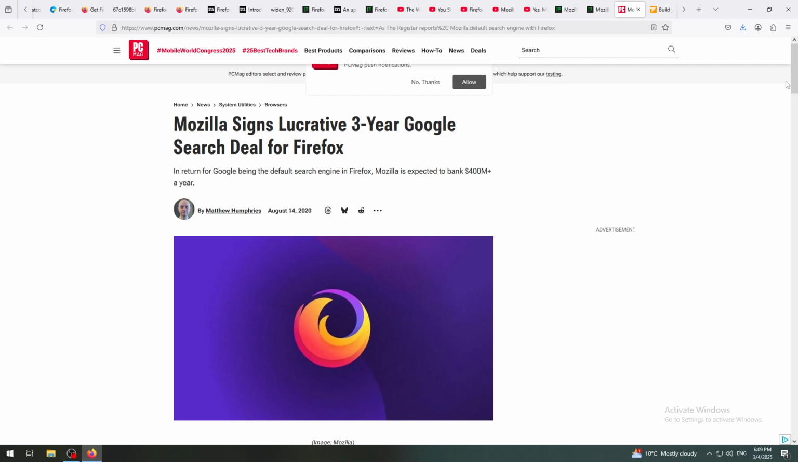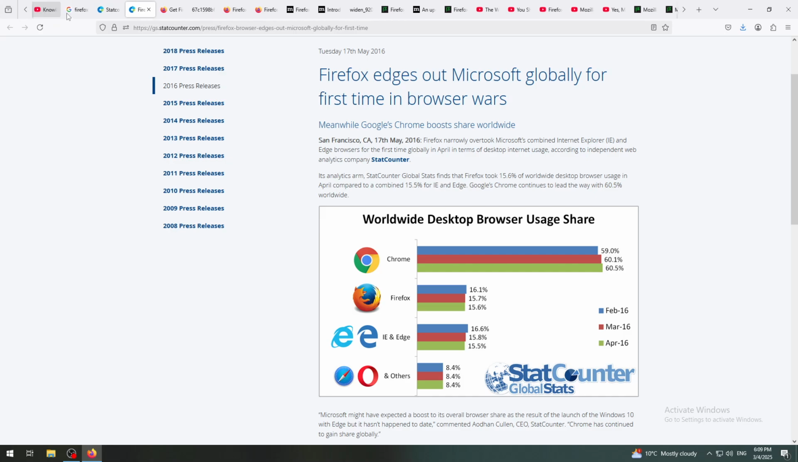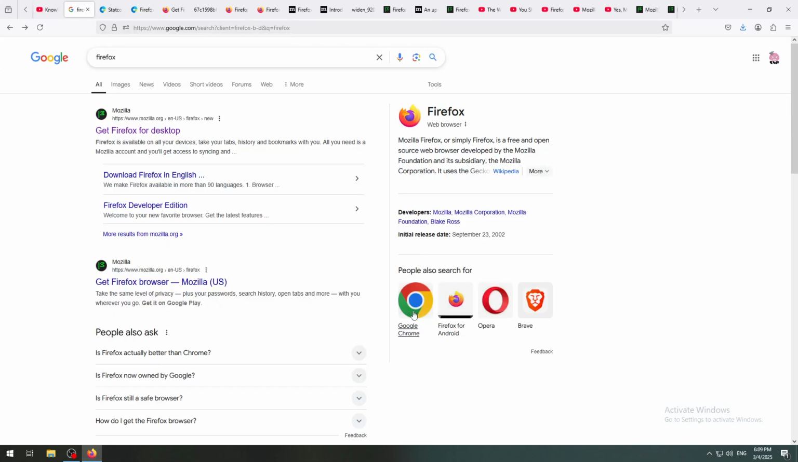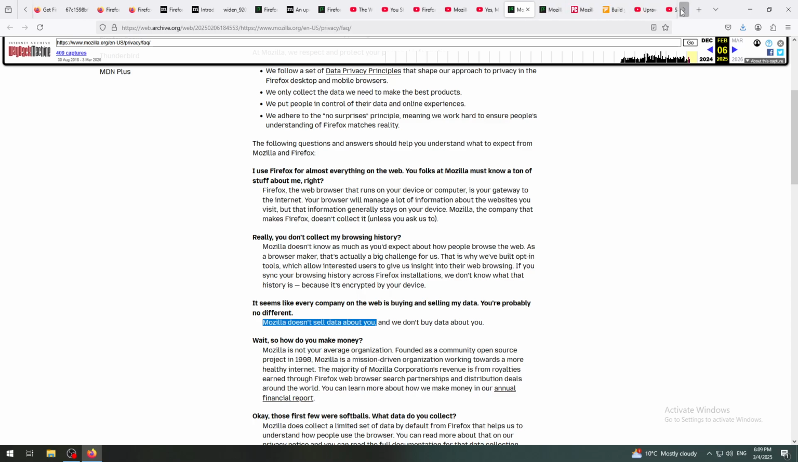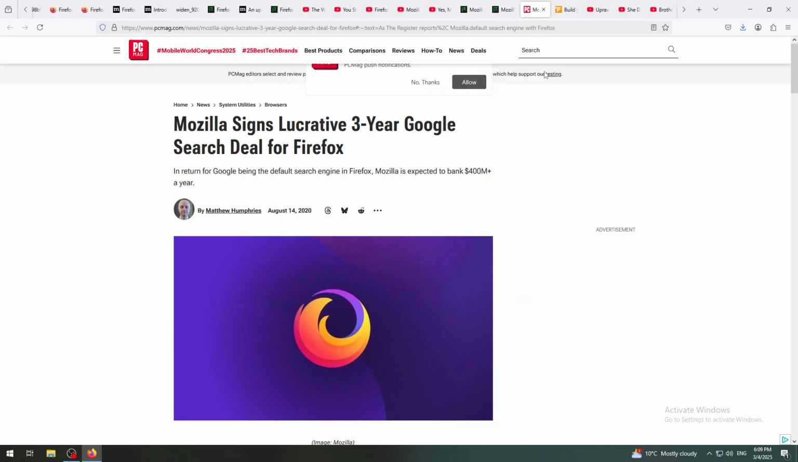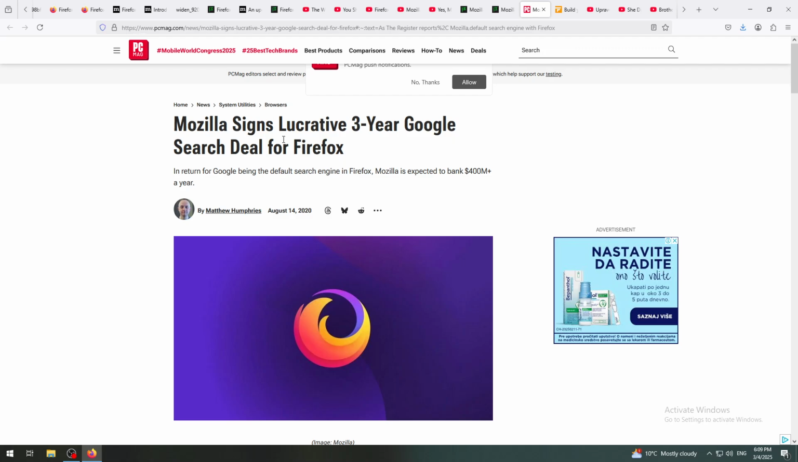We're going to talk about it now. About the Mozilla and Google connection. We have seen before that they are actually some kind of competitors. They both make the same product, a browser. Chrome is much stronger than Firefox. Firefox only 2%, Chrome 66%, but somehow they work together in terms of Mozilla signing a 3-year Google search deal